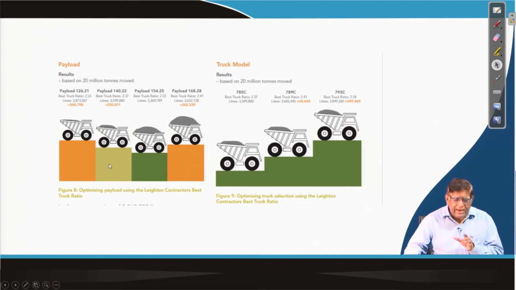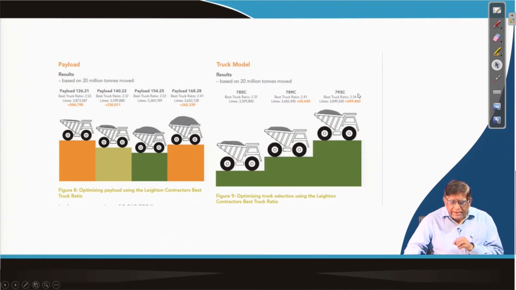In a case study, people have studied like this, and you can see the base truck ratio with a payload even less. So, that means just having a larger truck itself will not give you the best performance. See here, this base truck ratio is less than this base truck ratio. Similarly, your truck selection can use the base truck ratio to decide which truck you will be selecting.